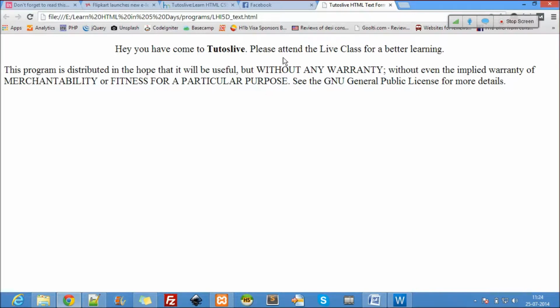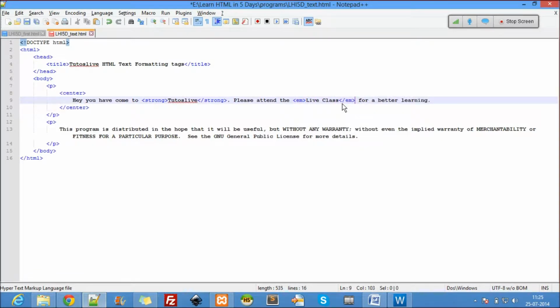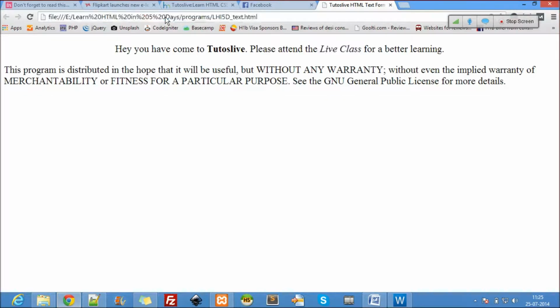Now coming to the live class here, I want to make it as italic. So what is the tag to make it italic? EM. EM stands for emphasis. Emphasis means the semantic meaning of italic. So let's see that. Now it has been changed to italic. Now here I'll just strike the please.